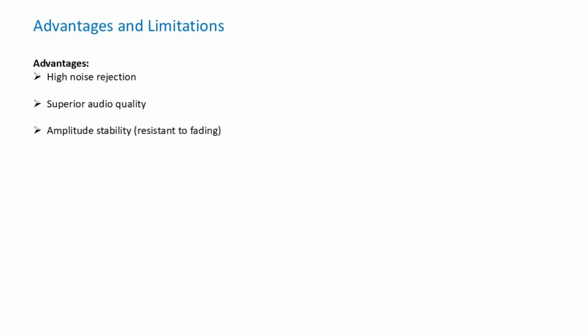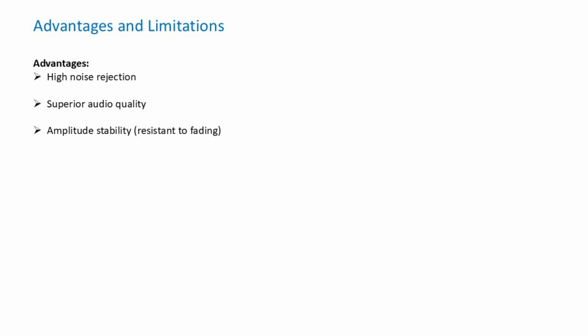FM has several important advantages. First, it offers strong noise rejection, meaning it is much less affected by interference compared to AM. Second, it provides superior audio quality, which is why FM is widely used for music broadcasting. Third, FM has good amplitude stability, so variations in signal strength, such as fading, have little effect on the received